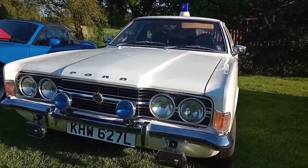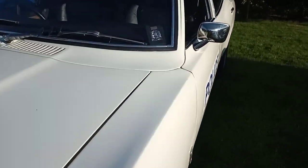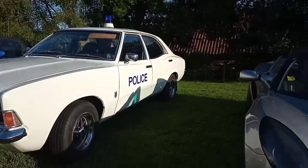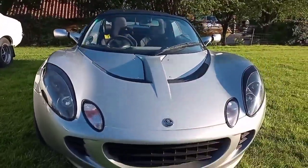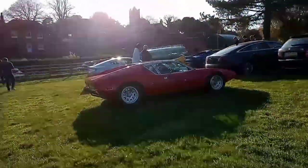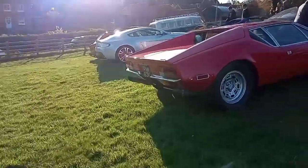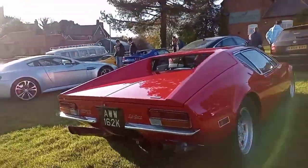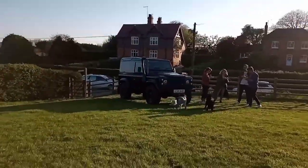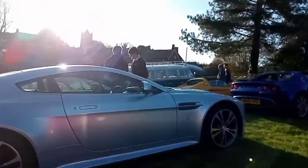Okay, so here we've got a really cool Ford police car. You've even got the badge in the interior of the car there on the dashboard. Also got this really nice Lotus Elise over here. Down the bottom you've got the De Tomaso Pantera in the wonderful red. Really like that one. We see quite a few meets here, but yeah, really nice. Got a Land Rover down there. That looks really pretty as well and really shiny too. And you've also got an Aston Martin